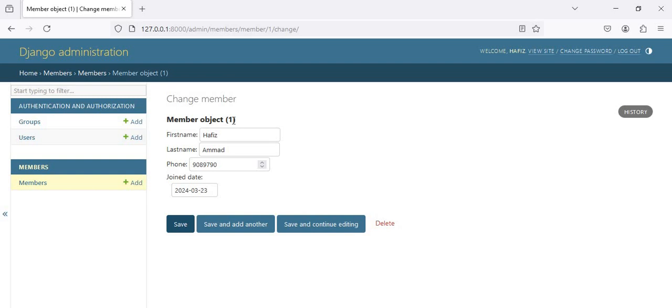It would be better to display first name and last name instead of member object. This can easily be done by changing some settings in the models.py and admin.py files. So I am going to change my display, and I want to display a first name and last name instead of member object. I am going to make the list display